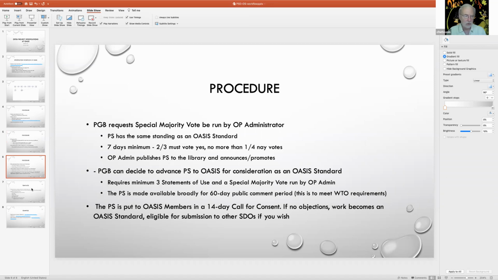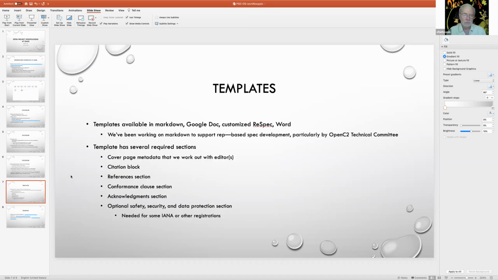So I think we've covered all of that. The templates, like I said, depending on how you all want to work on the documentation, we can provide a template in Markdown, Google Docs, ReSpec, Word. That's the main set of selections there.